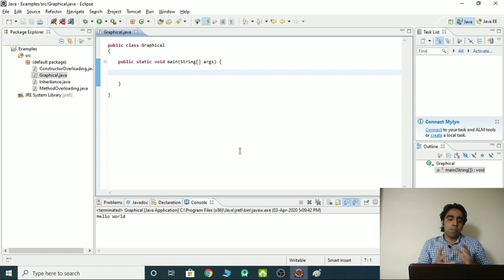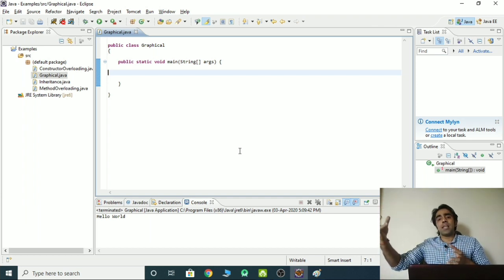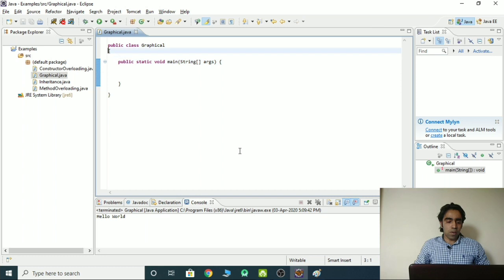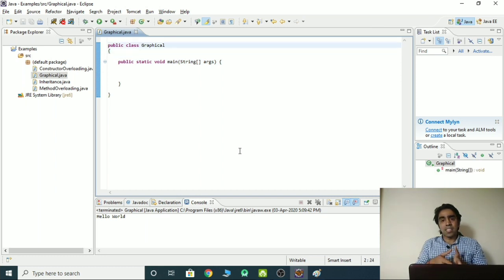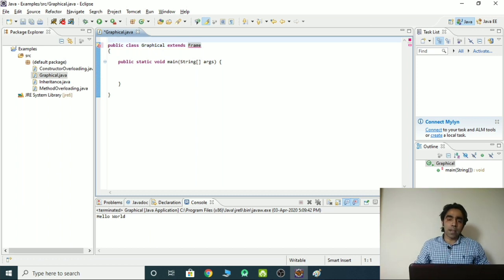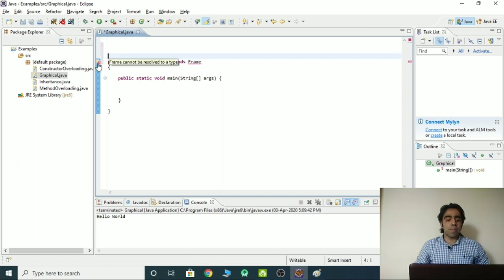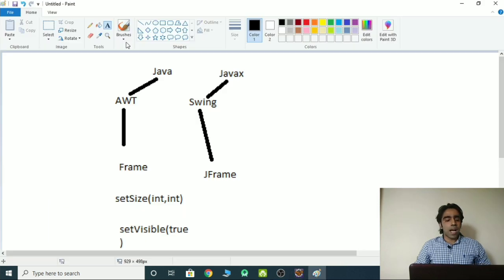So we are going to move in this, and we will try to use the concept of inheritance by using the Frame class and create a frame in Java. So I am going to first of all inherit. हम इनहेरिटेंस कैसे करते थे? एक्सटेंड कीवर्ड का यूज करके, extends. I am writing Frame. Writing this, each and every method and property of Frame is inherited by our class graphical. But right now there is an error. The reason behind this error, वो कह रहा है कि Frame क्या है उसे नहीं पता. Frame cannot be resolved. The reason behind, I have not mentioned java.awt.Frame. I have not given the path.